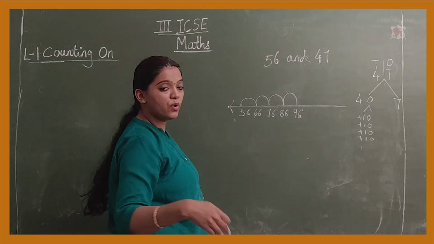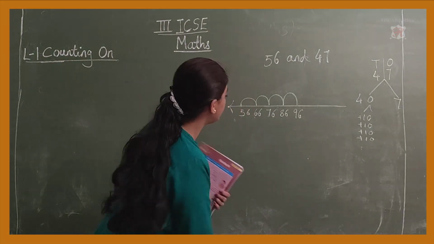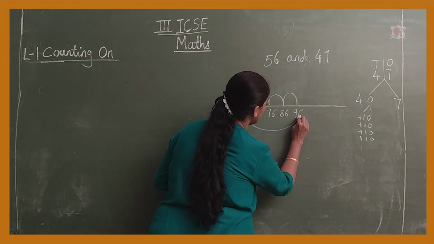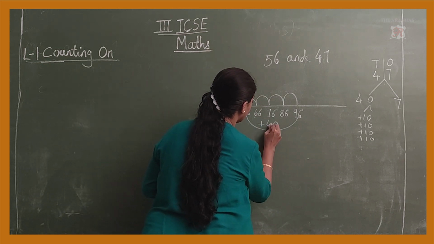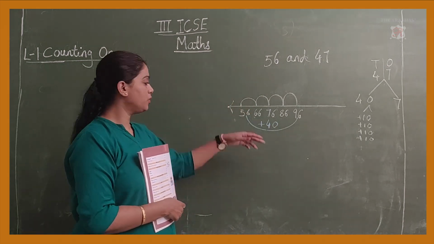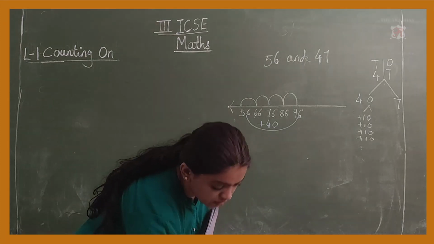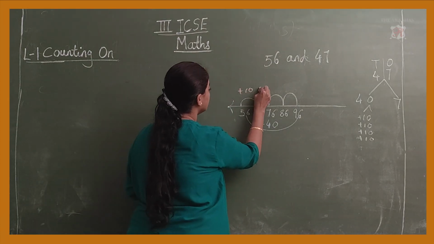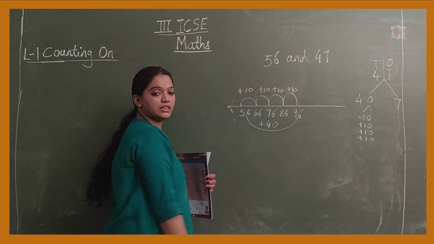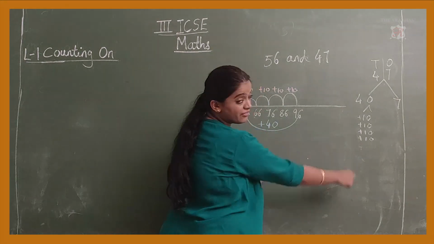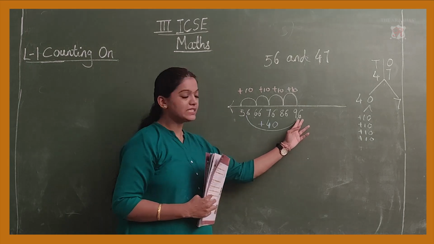Okay, if you are more confident about your number, you can take a straight jump. You can take a straight jump from your 56 to 96. You can add directly plus 40. Okay, this trick you can add both ways. You can take either the jumps in plus 10, plus 10, plus 10, plus 10, from where you got all this 40 tens, you have distributed it in tens to get 40. Or you can directly take it as 40.